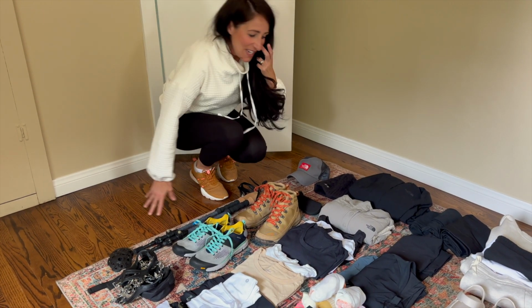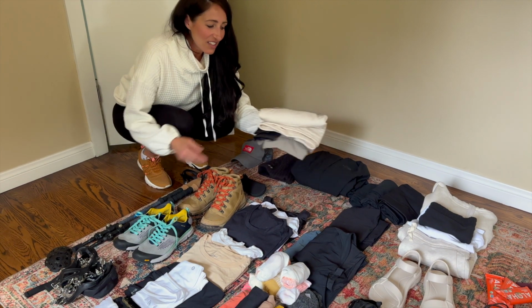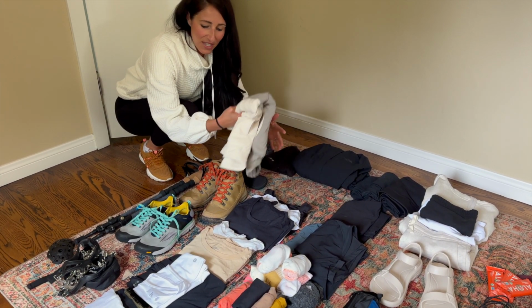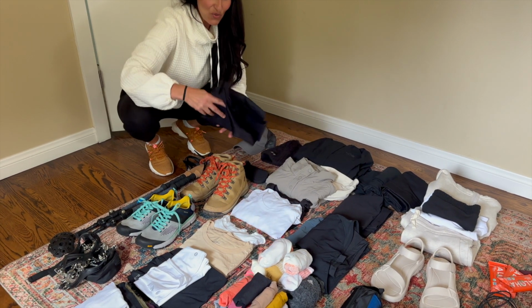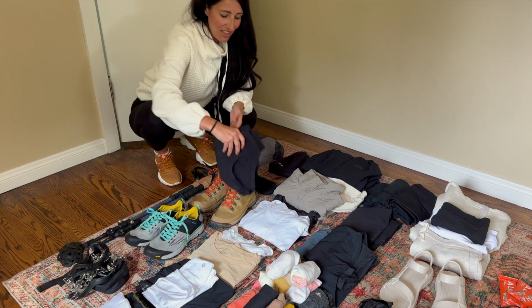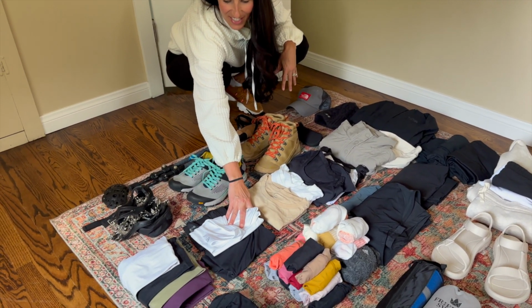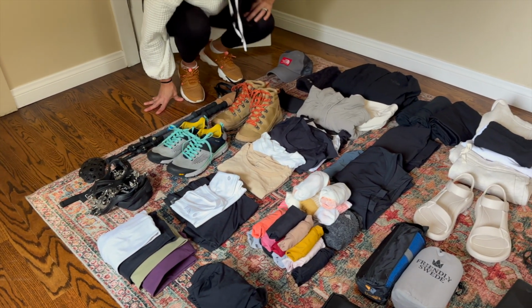Okay, moving over here, I've got a rain jacket. Just a lighter coat that I can throw over a t-shirt or a tank top if I need to. I've got these dry fit shirts that are real slim fit, 2 t-shirts, 3 tank tops, 4 sports bras. Then over here,